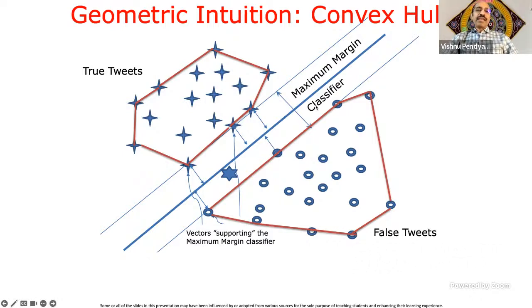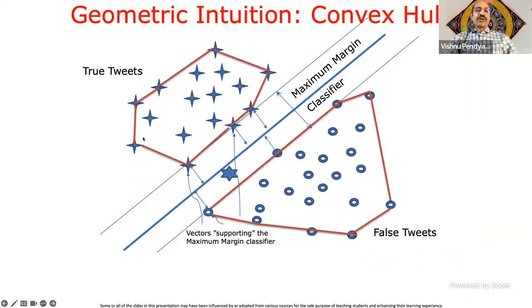By the way, convexity, in the geometric sense or in the machine learning sense as well, means a convex shape is one in which you take any 2 points P and Q on the shape and join them. That line connecting P and Q should be within the shape. If you look at this shape, this is a convex shape. You take any 2 points and connect them, it would be within the shape.